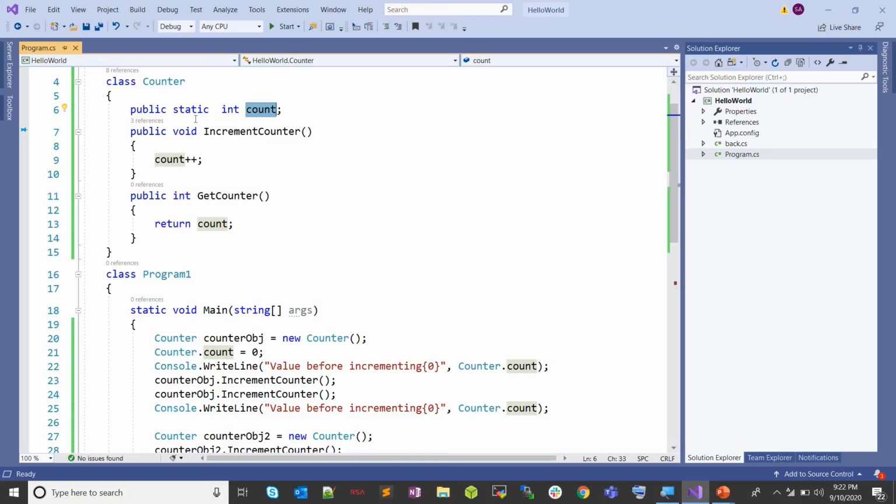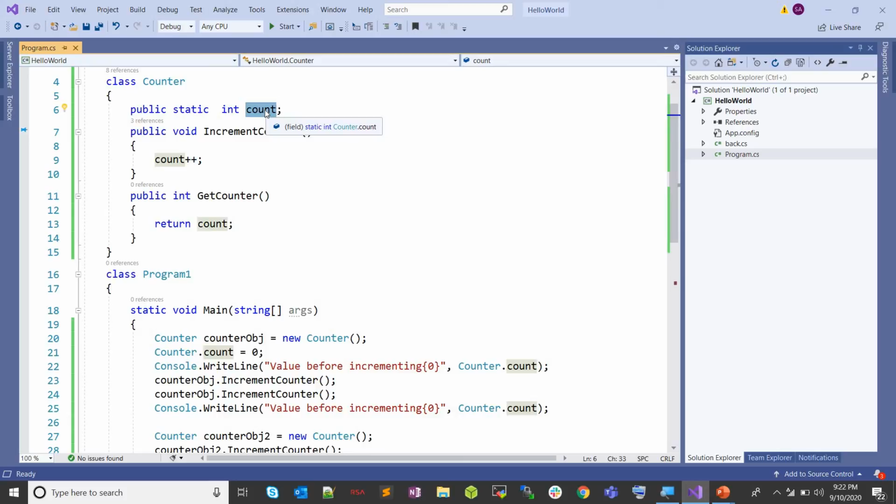If it is non-static, for each object you will have that many count variables. But that is not the case for static. So let me repeat once again what is specific to static. First, a static variable will be accessed using the class name.